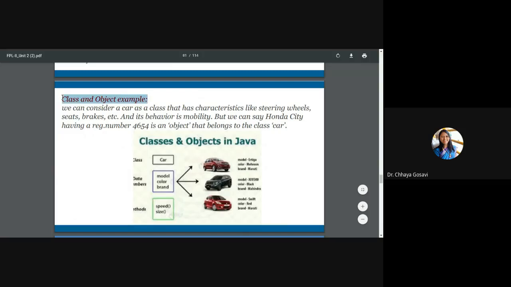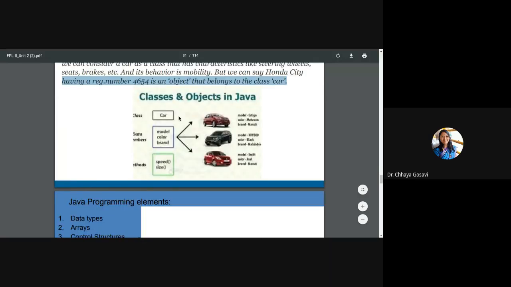So for a class and object example, we can consider car as a class and characteristics are steering wheels, seats, brakes, etc. We have seen multiple examples of class and object in the previous unit. So behavior is mobility. So we can say Honda City having registration number 4654 is an object which belongs to the car class. So class car has data members model, color and brand, and methods speed and size.